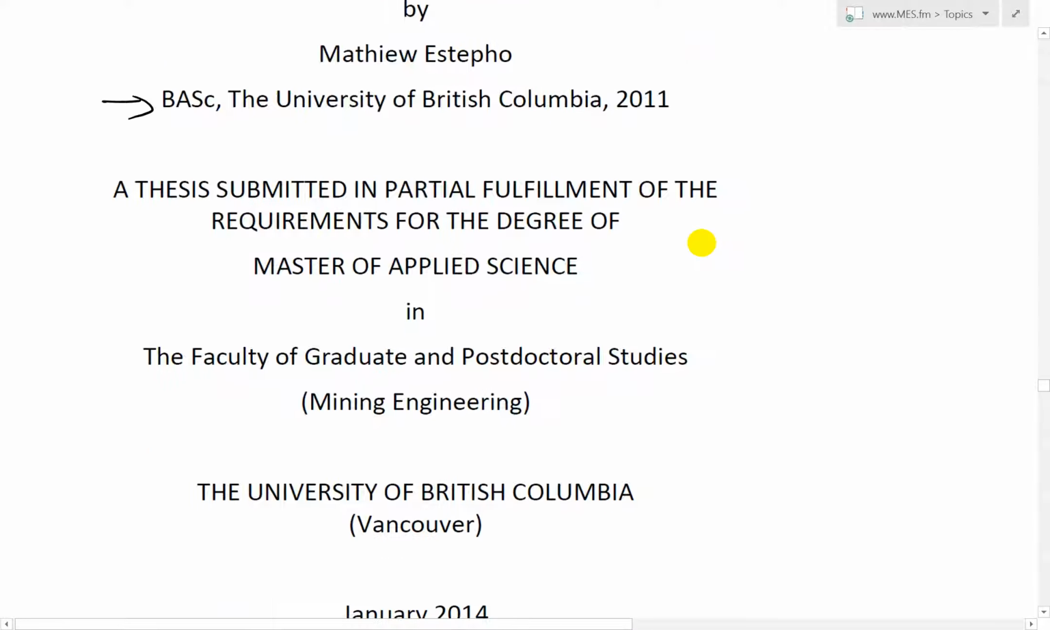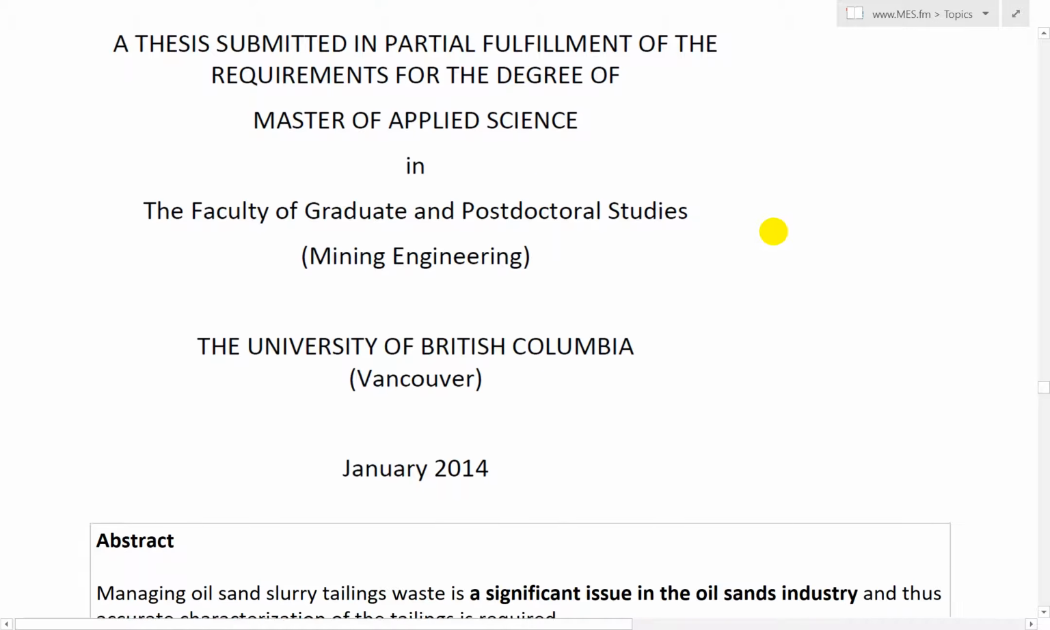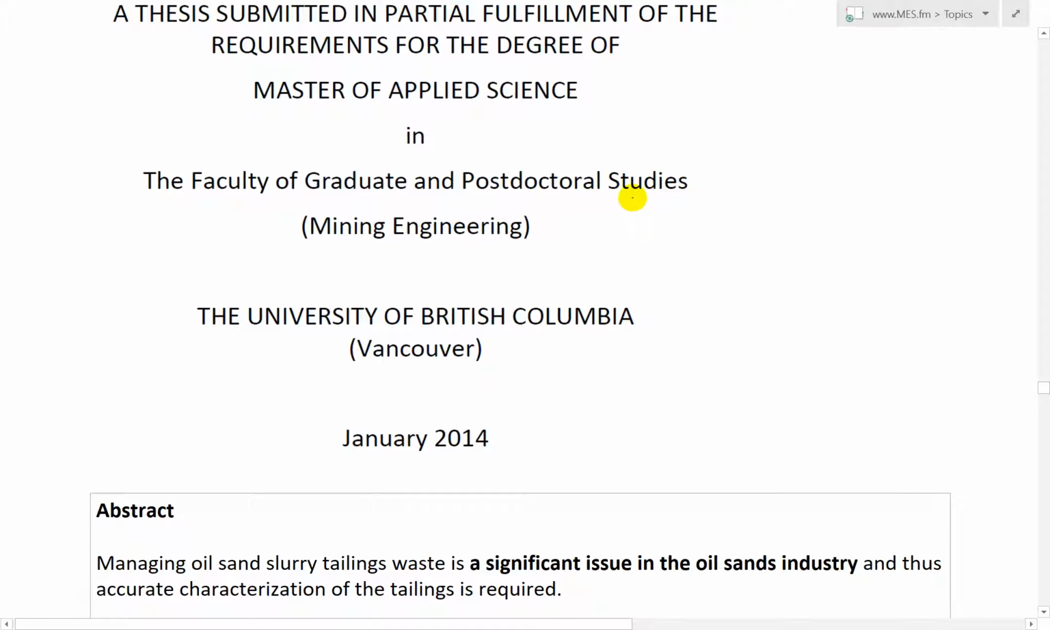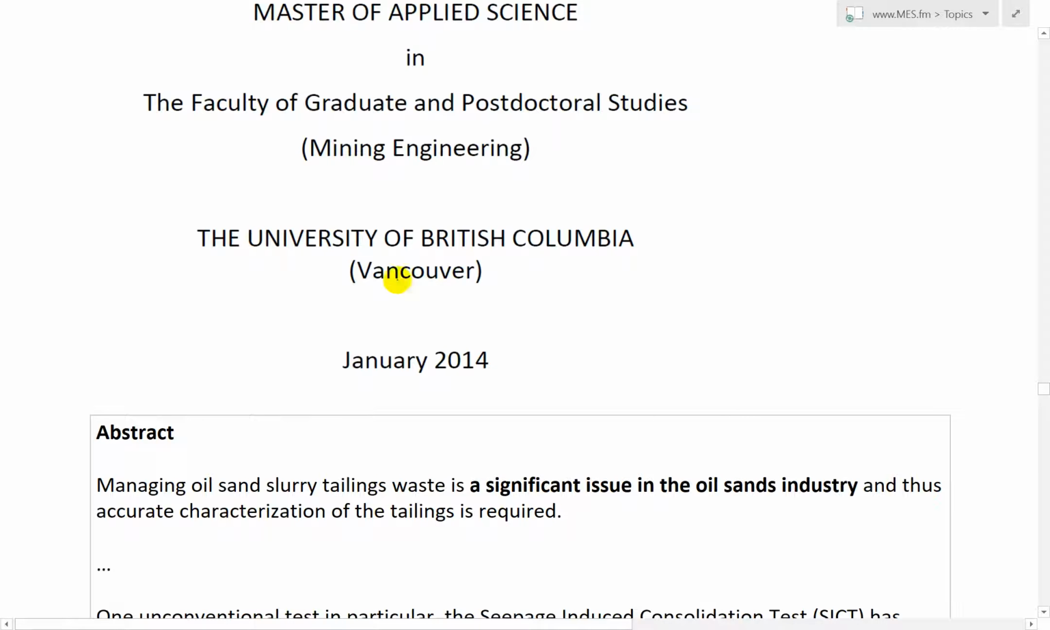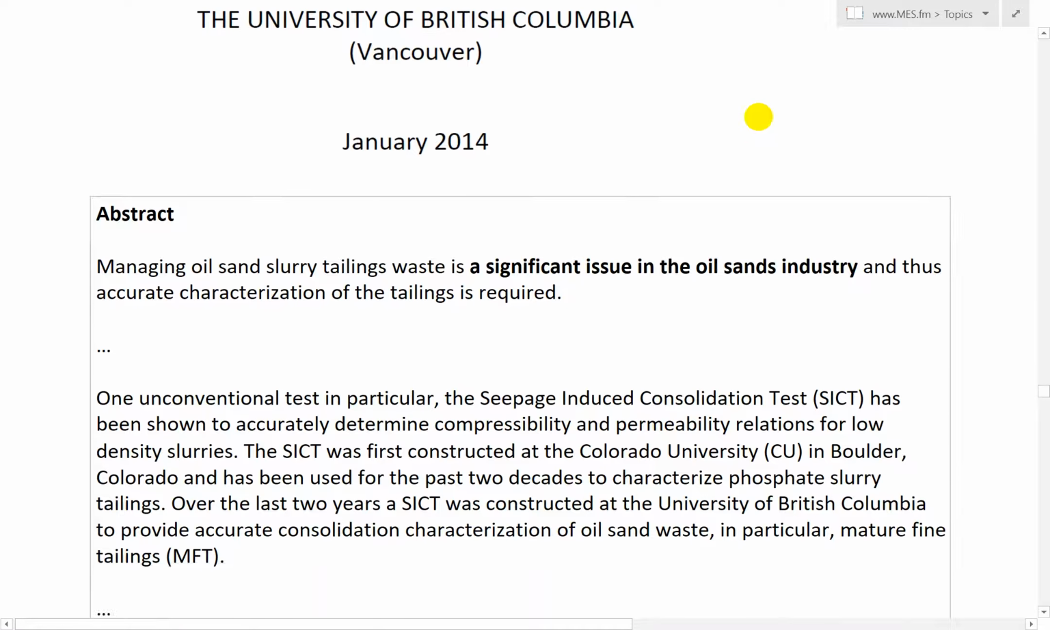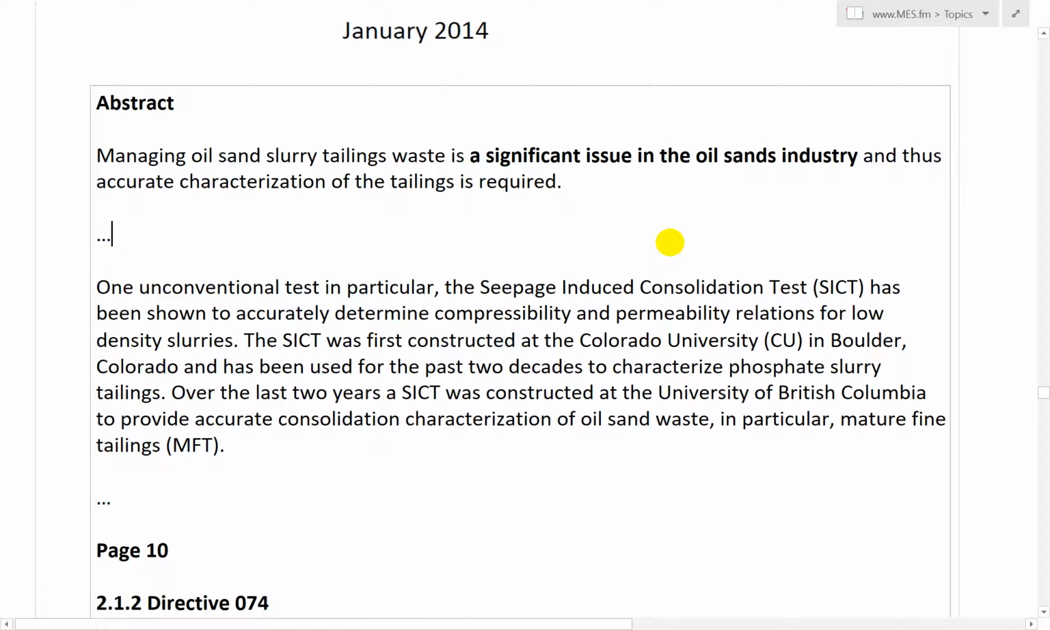A thesis submitted in partial fulfillment of the requirements for the degree of Master of Applied Science in the Faculty of Graduate and Postdoctoral Studies, Mining Engineering, University of British Columbia, Vancouver, January 2014. So in my abstract, here's the abstract, I just cut it a bit. So abstract: managing oil sand slurry,